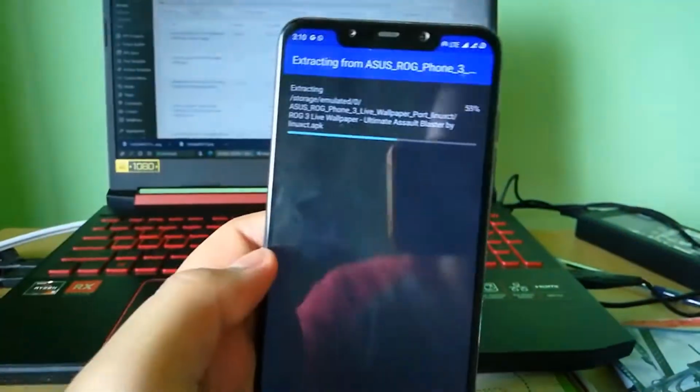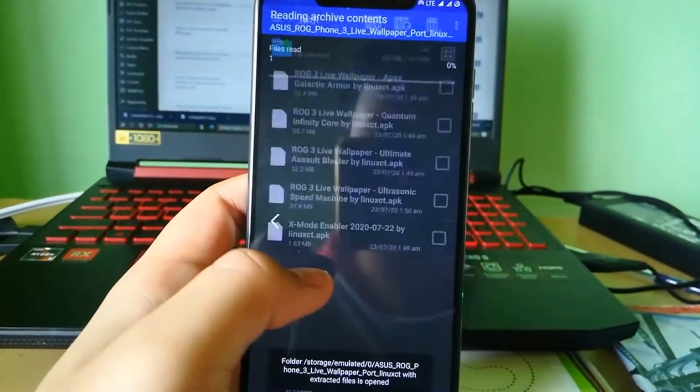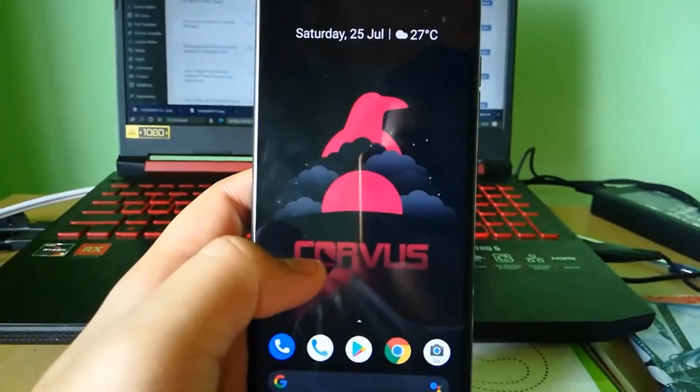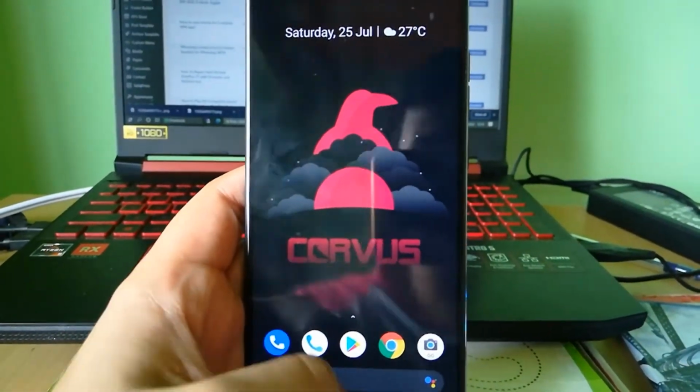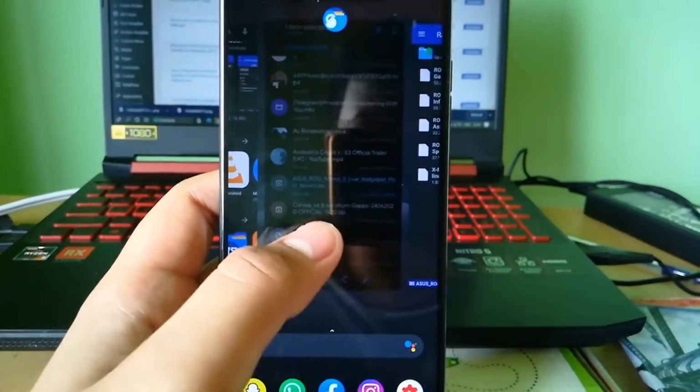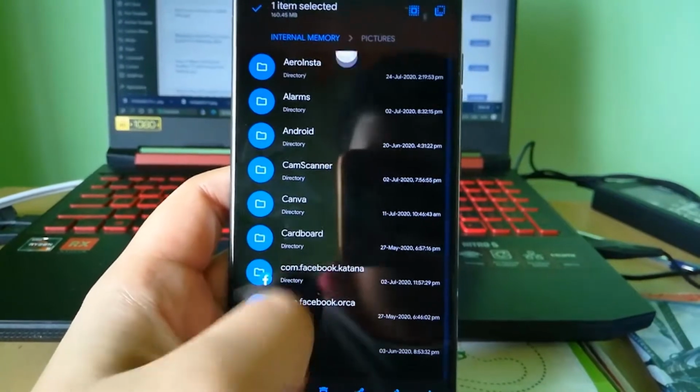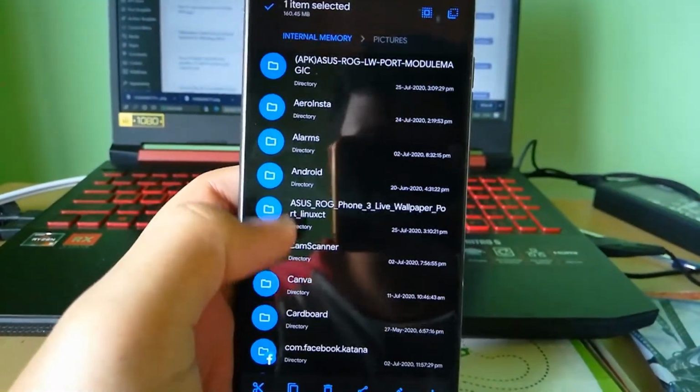After clicking on OK, the files from the zip file will appear in the internal storage where you extracted them. Open the file manager and go to where the zip file is extracted. Firstly, let's start with the ROG 2 phone live wallpapers.